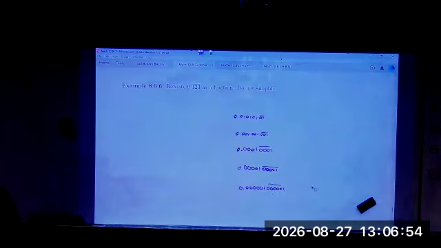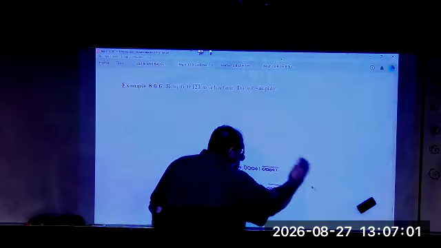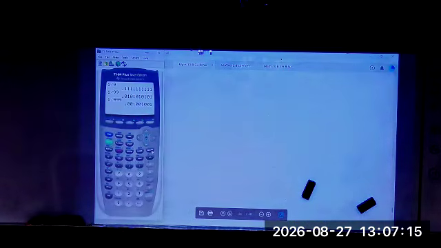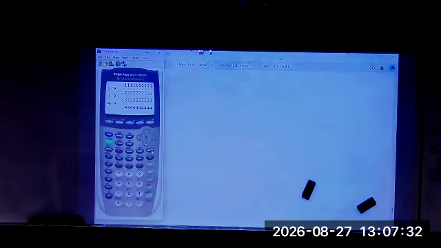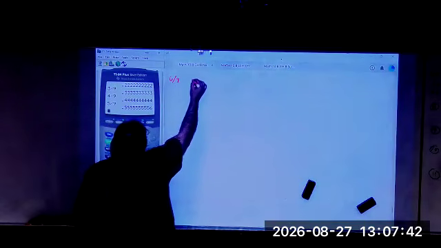It takes a little bit of work, a little bit of stepping. So the first thing we're going to do is take a look at this. 1 divided by 9, 0.1. 2 divided by 9, 0.2. 3 divided by 9, 0.3. 4 divided by 9, 0.4. 5 divided by 9, 0.5. 6 divided by 9,